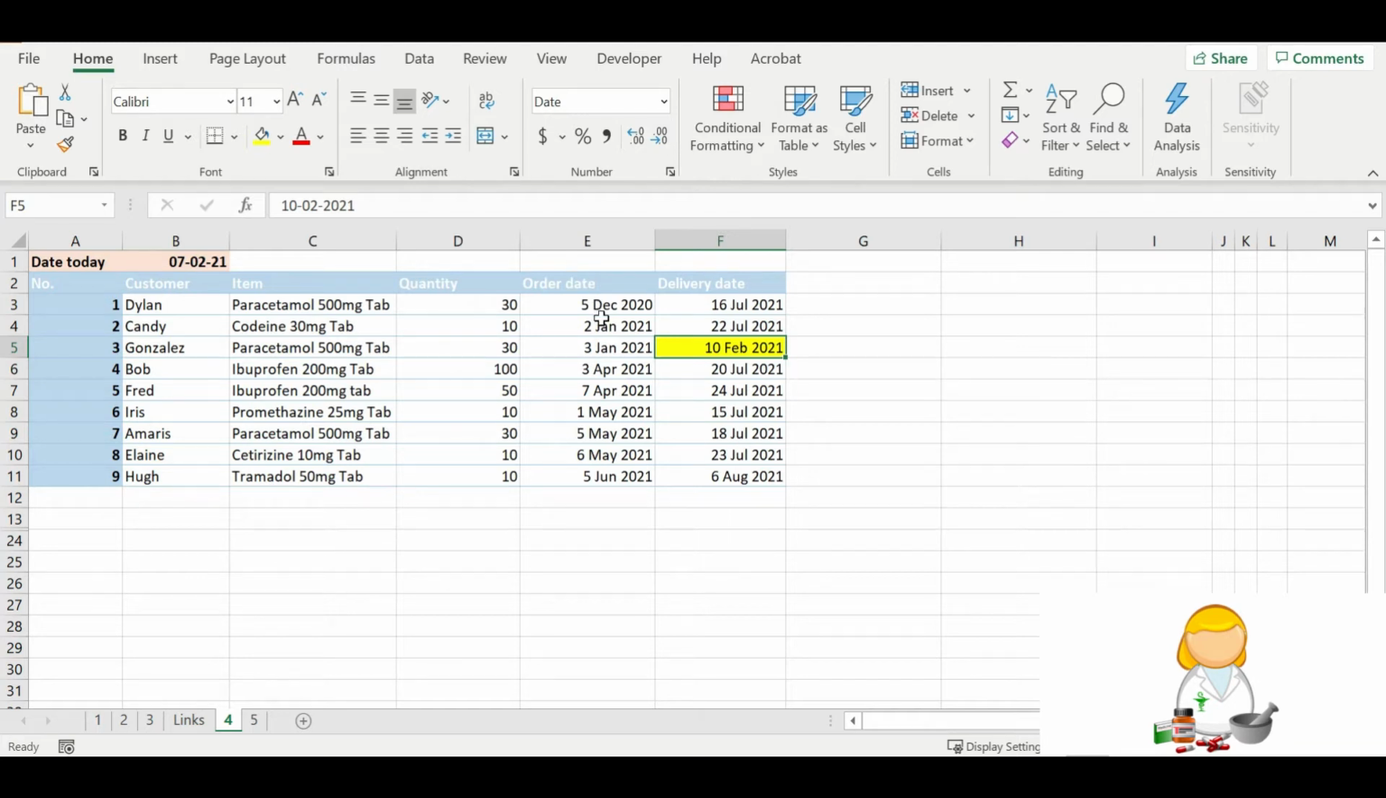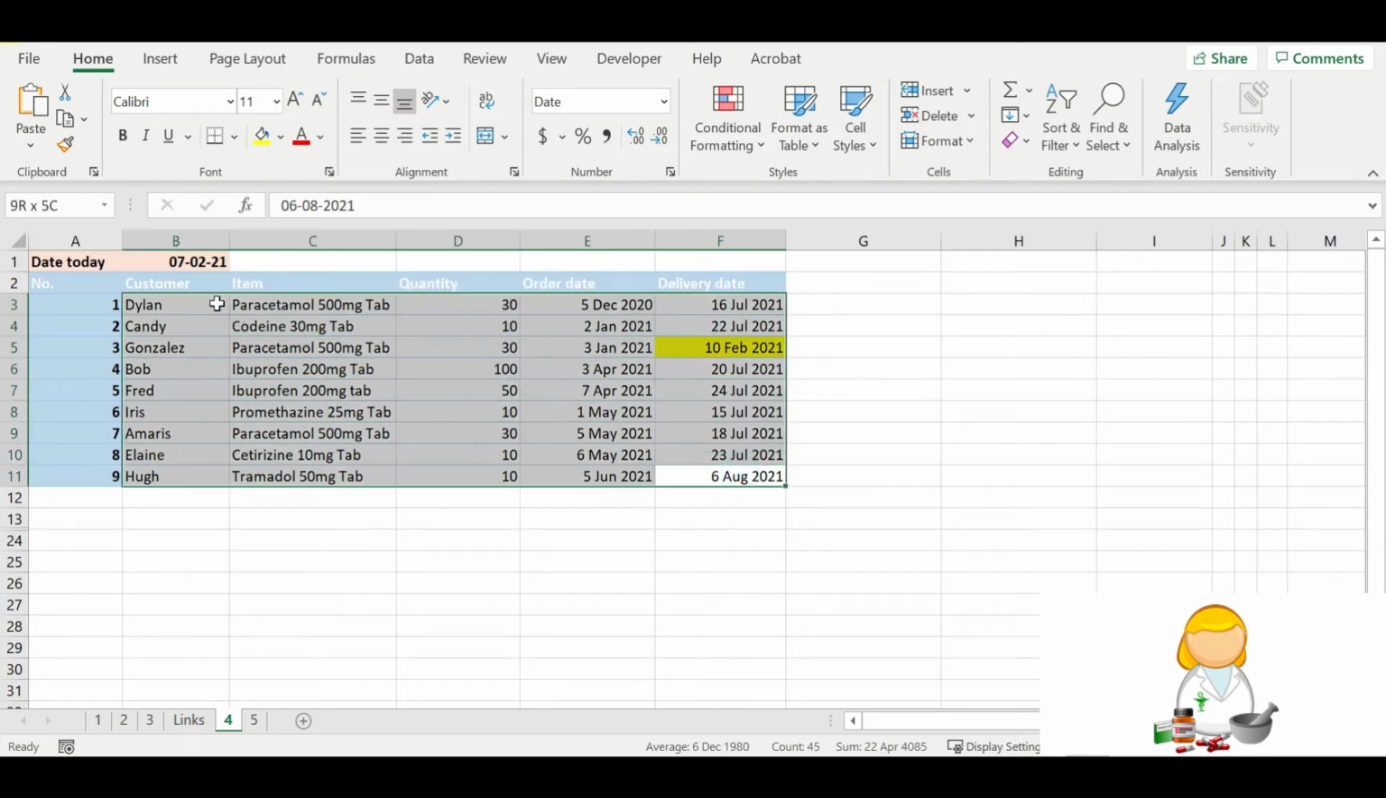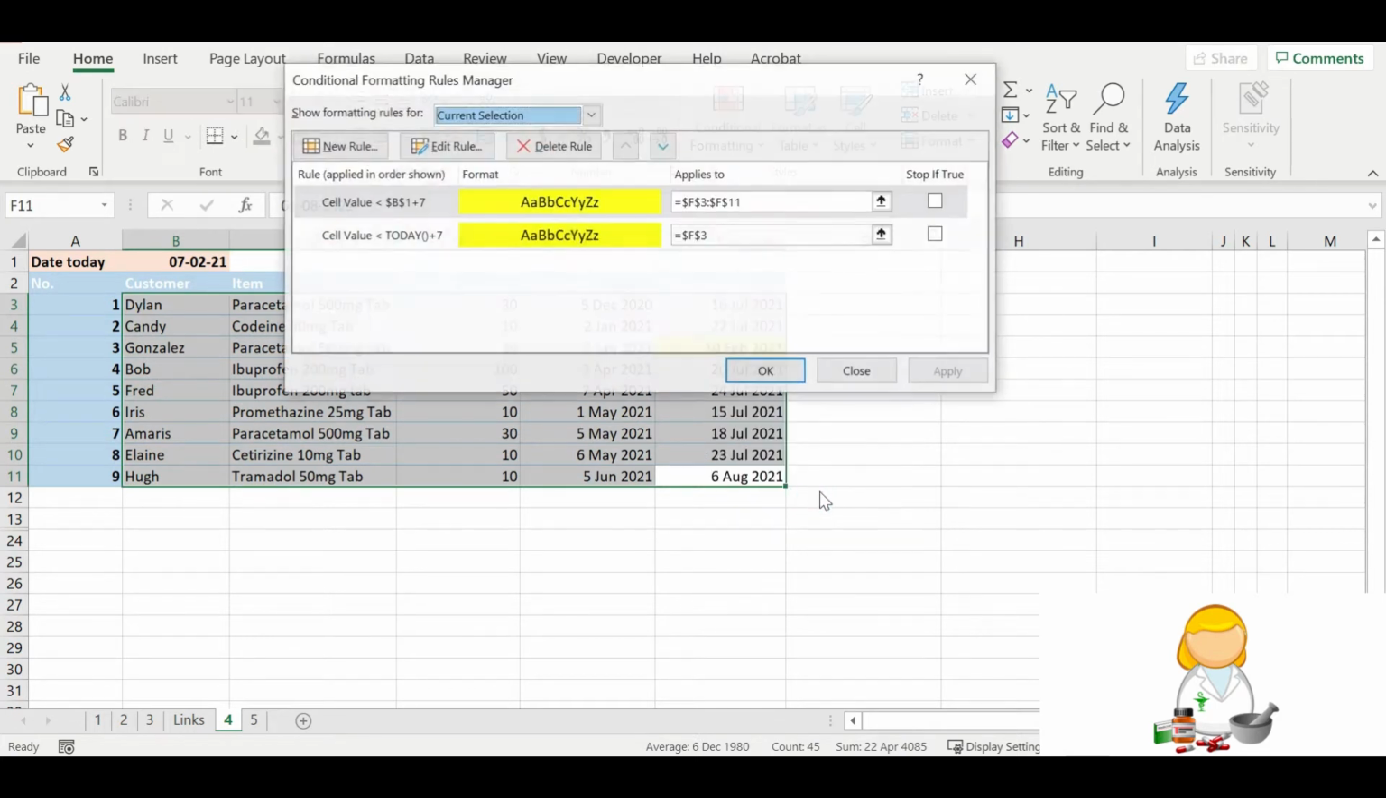So this certainly works, but it's not ideal. It will look better if the entire row were highlighted based on the delivery date. But I can't just select all the cells and use the same method. Conditional formatting uses each individual cell's own value. So, for example, if I do this and I repeat the same steps,